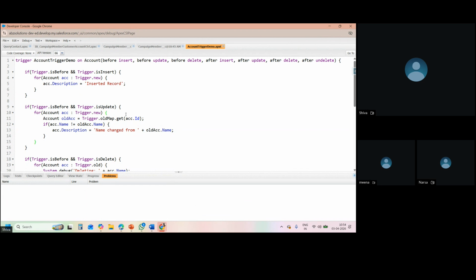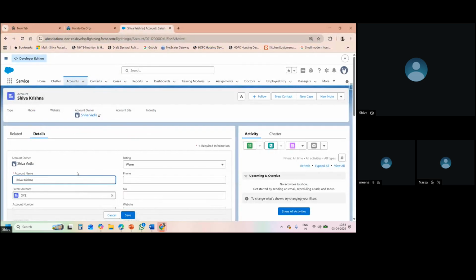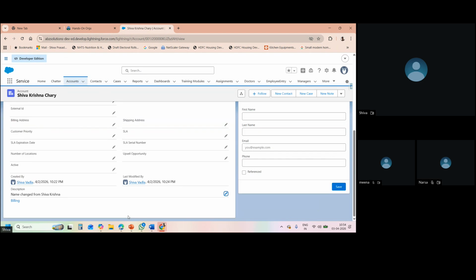Yes, sure. Now I will update a record. It should change the description. Name changed from, it should print the old name. See, Shiva Krishna. So I will add a Chari, and update the account. See, the name is changed from Shiva Krishna. So the new name is